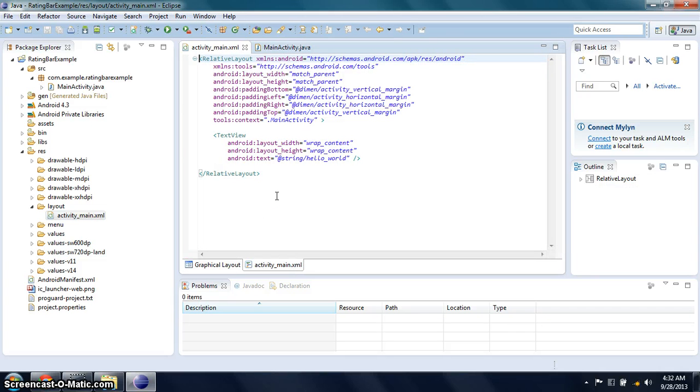So I have already downloaded some codes from the internet. So it's okay if you don't have any background in the programming language. You can just download some sample codes through the internet.